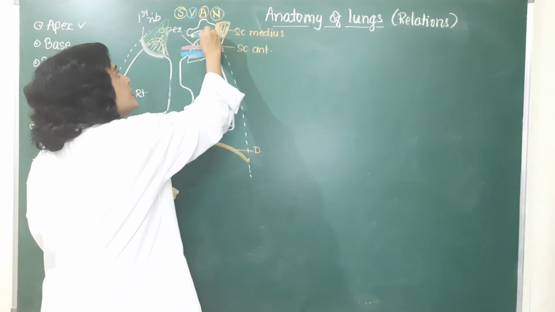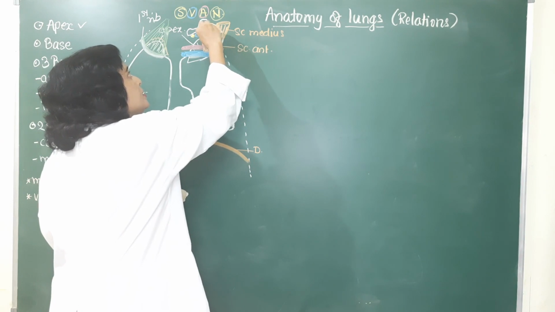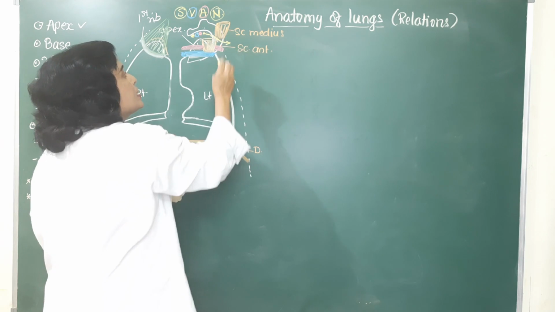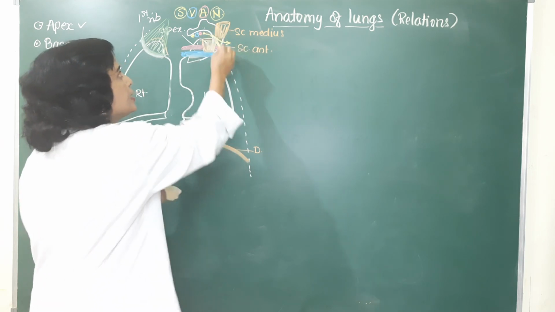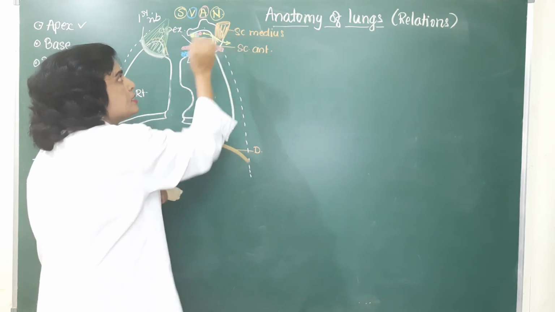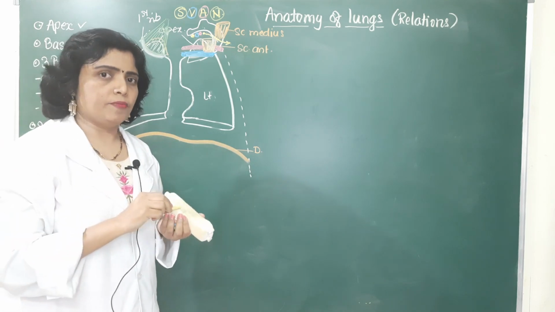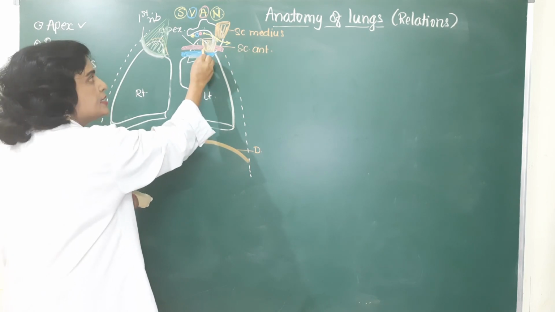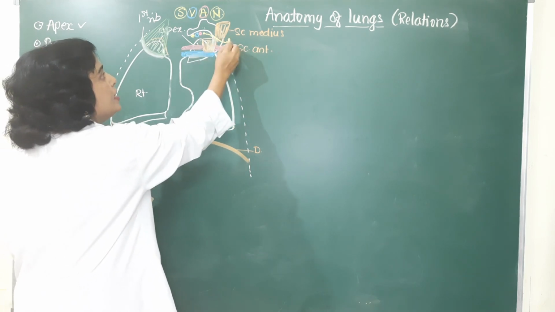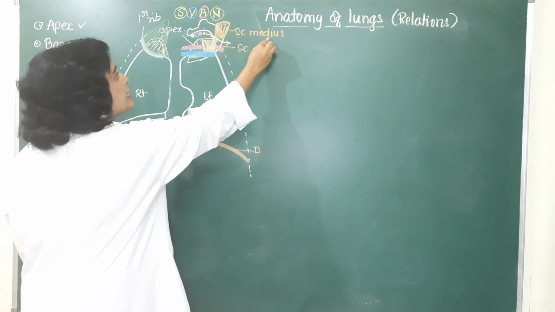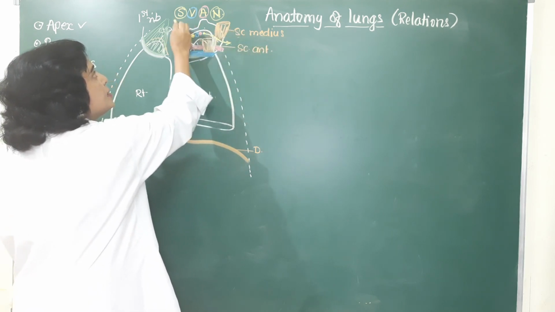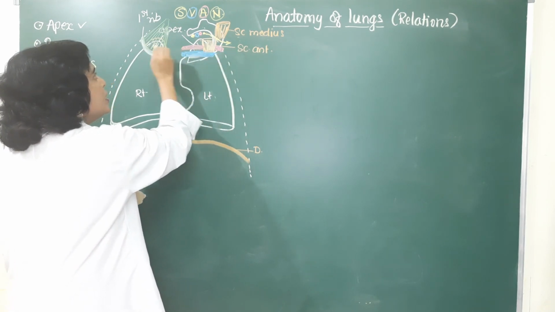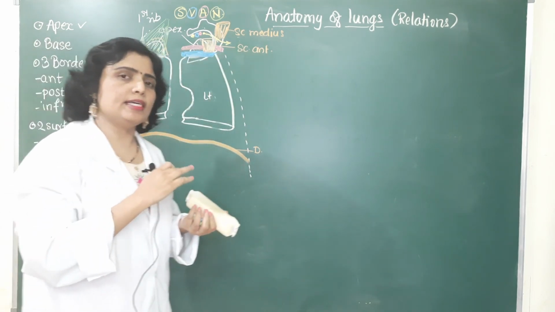You know, the ventral ramus of T1 unites with this C8 nerve and forms the lower trunk of the brachial plexus. So this lower trunk of the brachial plexus will be related to the lateral aspect of the apex of the lung. Okay, so these are the relations of the apex of the lung. Anteriorly subclavian vessels and scalenus anterior muscle, laterally lower trunk of brachial plexus and scalenus medius muscle, posteriorly SVAN structures. And you get the same relations on both sides, right side as well as the left side.